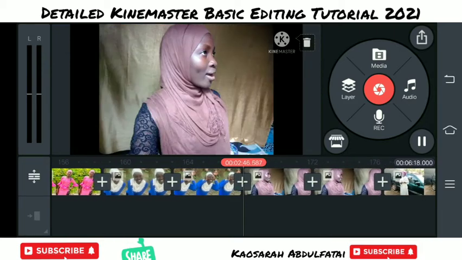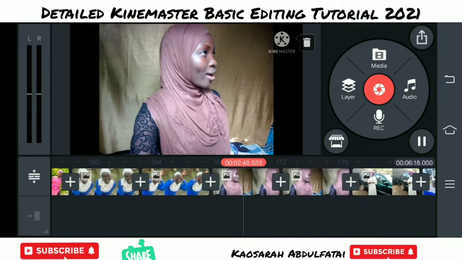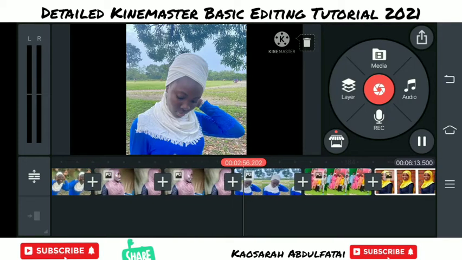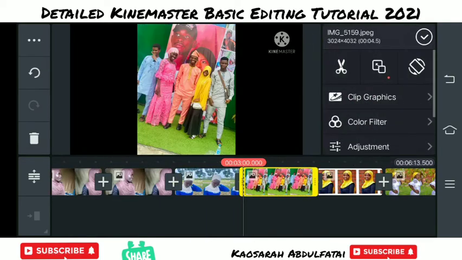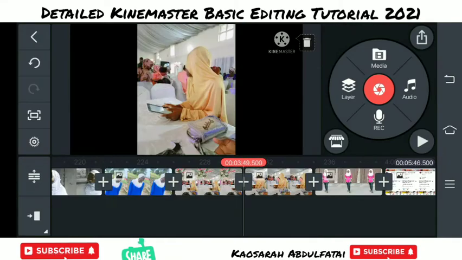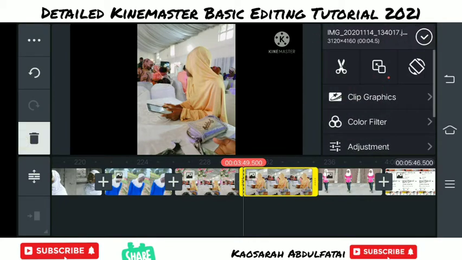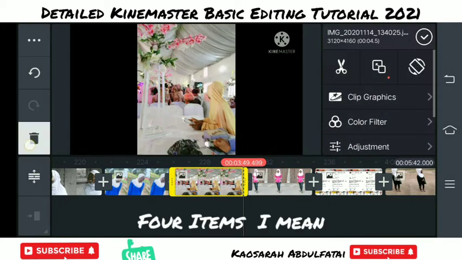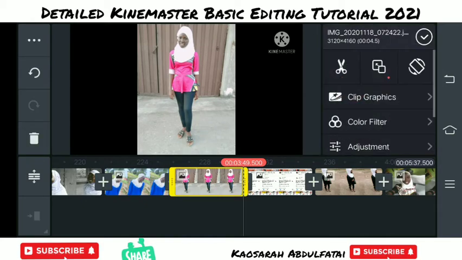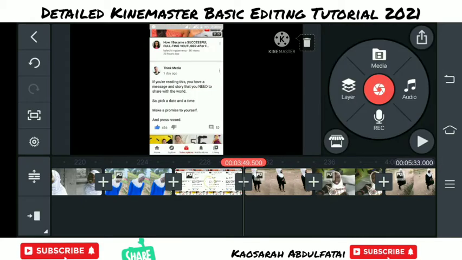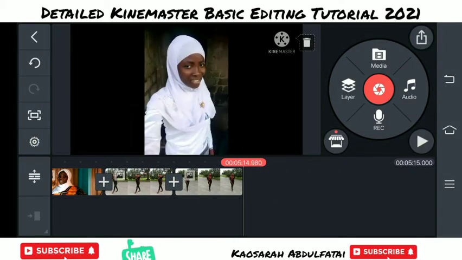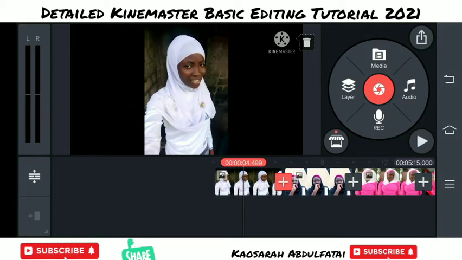So I think I am through with the selection of the wrong clips. Now we'll be using these 4 layers in this app to make the transition work. You click on layer, then it brings you to this transition effect. At the top, you see those two things that are holding the pictures together, several pictures, and that plus sign there. When you click on it, it brings this out.